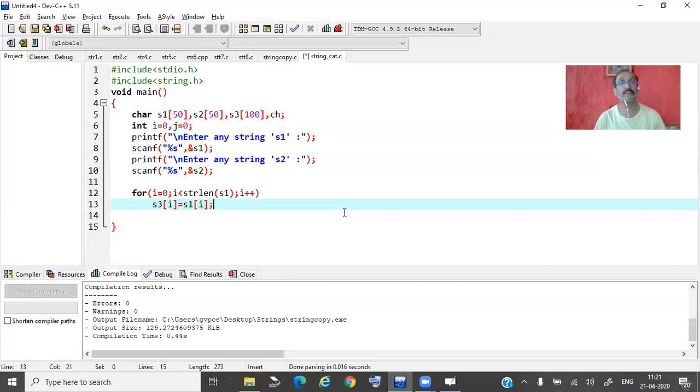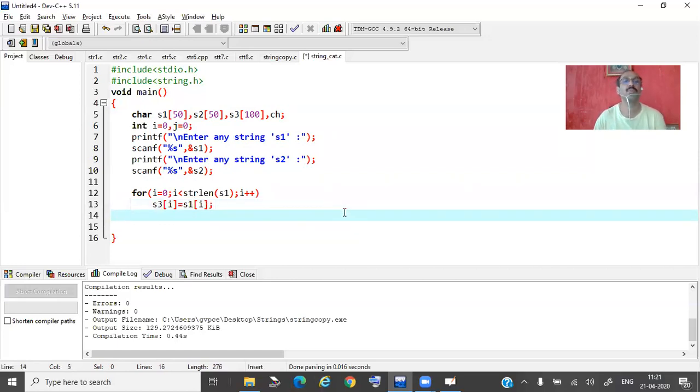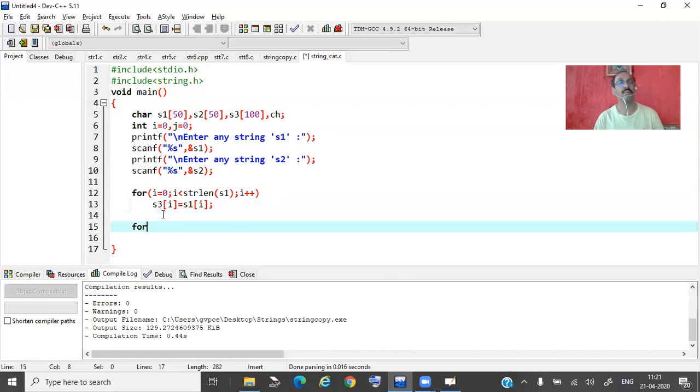First, all the characters in s1 of i, each and every character, I move to s3 of i. Then what we have done, for j is equal to 0 and j less than strlen of s2,